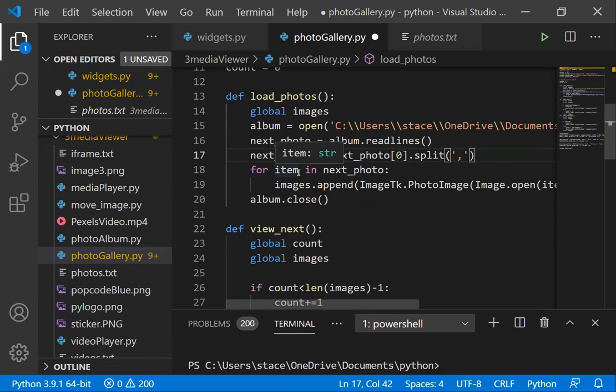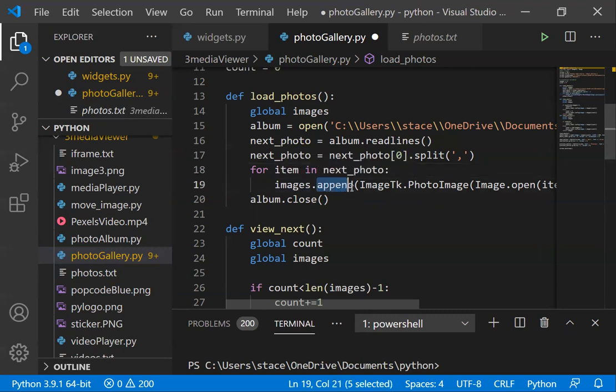and we have an identifier for each element in next photo. Next photo is a list, and so every item in that list is being described here in this loop. So we want to go through each item in next photo. And then we use that colon, which tells us we have a block of instructions coming up and it's indented. Now remember, if you hit enter after the colon, it's going to automatically indent. So that's what happened here on line 19. And all it is, we're calling this